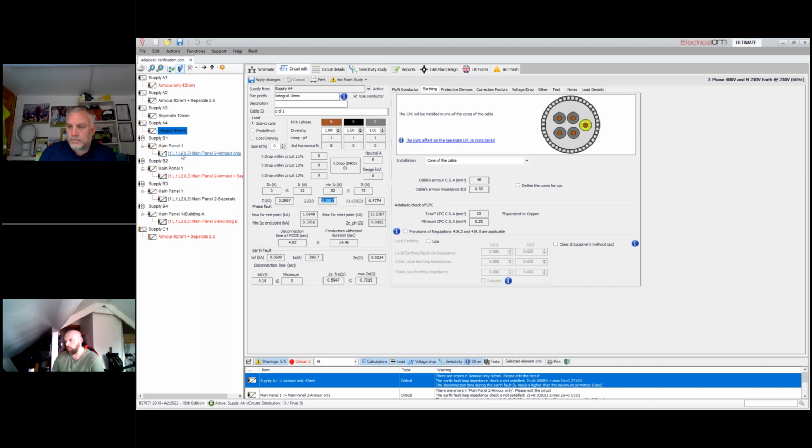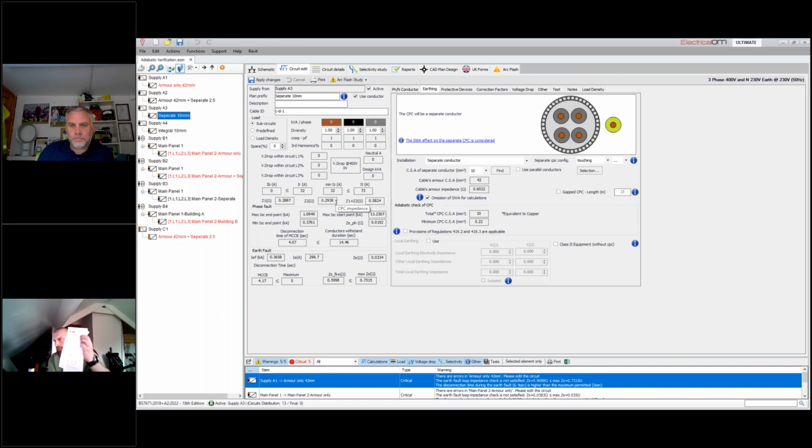That off there. If we go to my separate conductor option, you will see that that is actually just slightly higher. And the reason for that is when we are looking at this calculation, which comes under the BS 7671, you'll see me looking away because I made little cheat notes for today just to remind me of the various regulations that are going to pop through as we talk through this. But we can see that there's a slight change there, and where that comes from is,